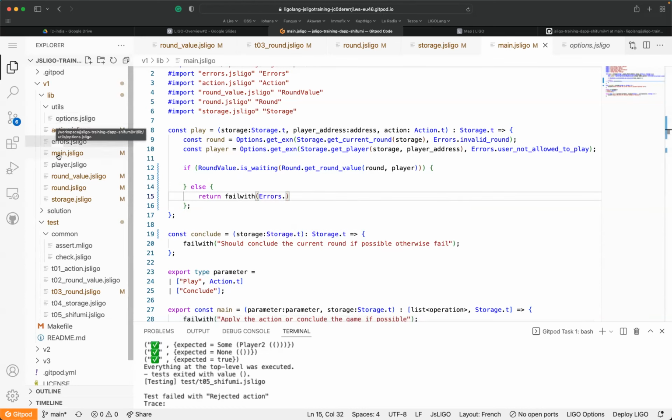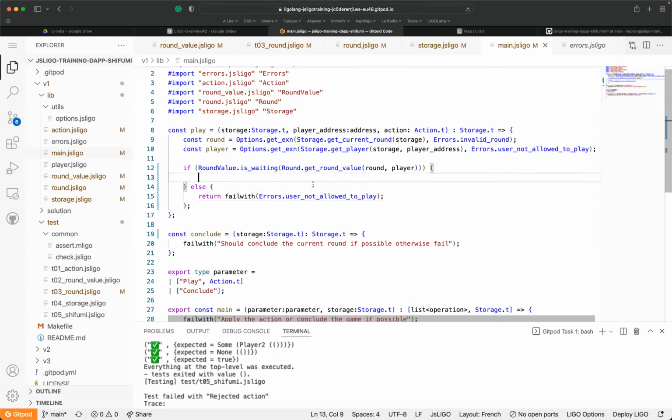Sorry. So the main is here. So we're going to send this message. Now, a copy. Okay, user not allowed to play. And here I'm going to modify the storage. I'm playing the game. So I'm going to say, okay. This one is important because I know that we wrote the code which is not going to modify it, but we are not able to say whether the play has been done or not. Here the error reflects that the game could not be done. Okay, it's an error. It's not a nominal case. This is why we have a fail with.